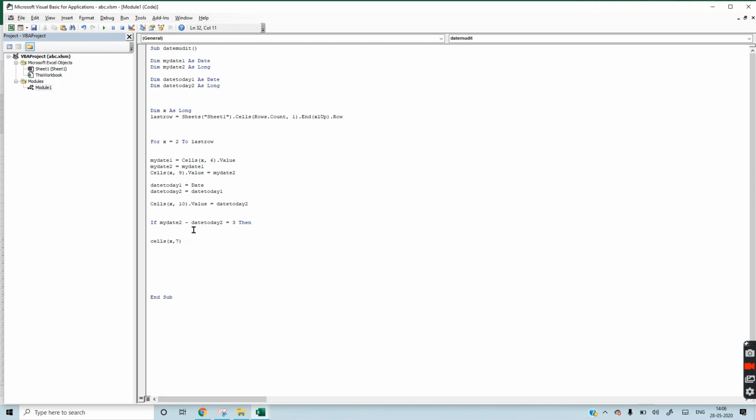So if date minus today's date is equal to 3, then Cells(x, 7) is equal to yes.